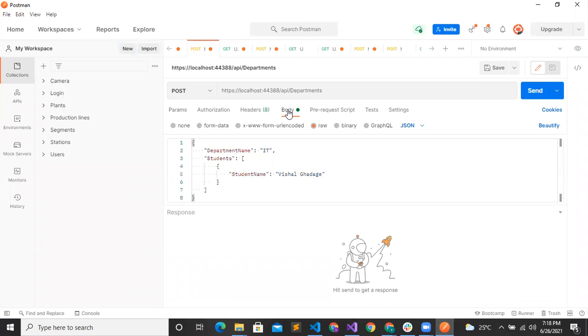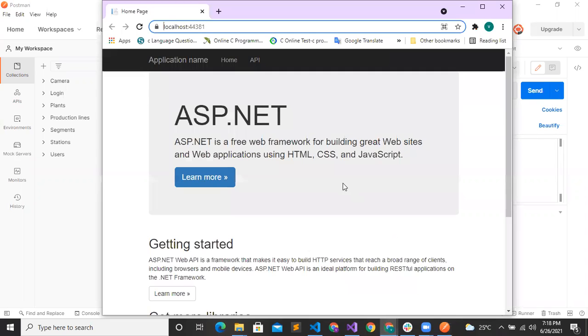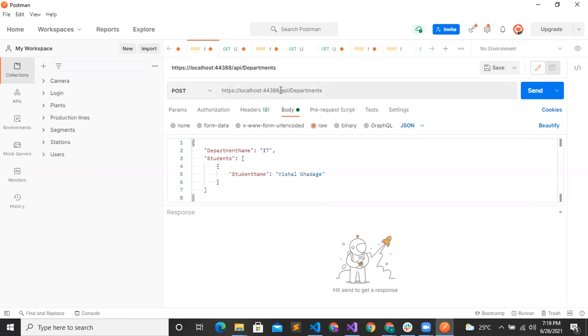Here I have already created an API, so we will test with it. We will change the port number to 44381, and just send the request.